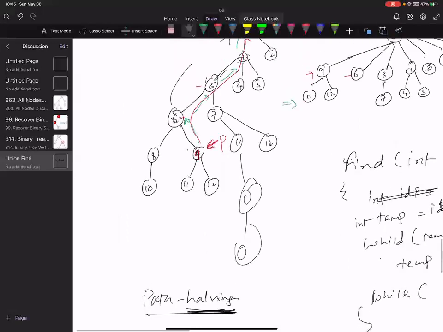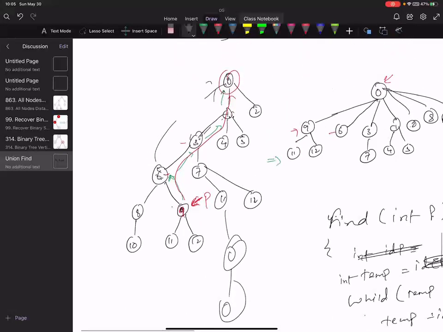So whenever, let's say I am at this 9 and I want to go to 0, instead of making two passes, I'll just do one pass. I will assign 9's parent, 6, to its parent's parent.